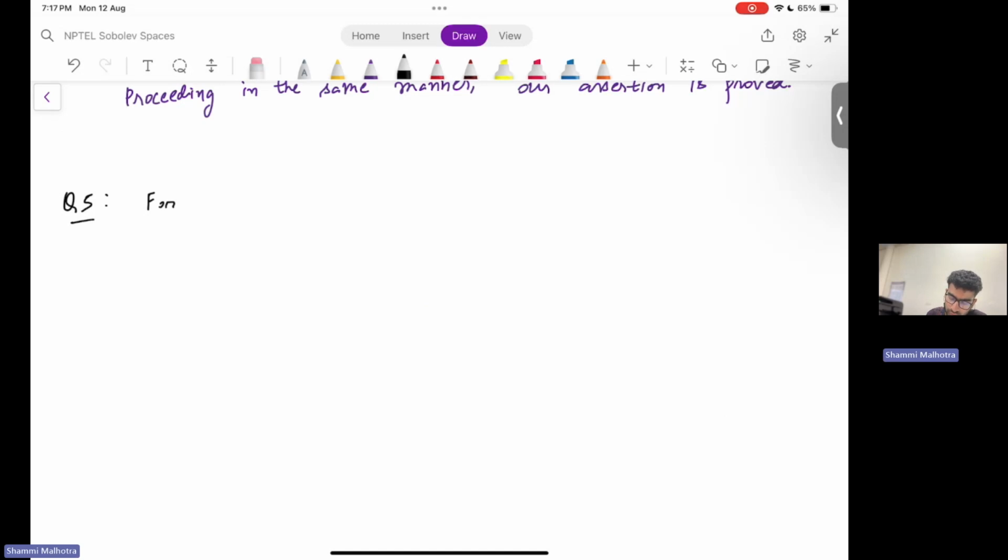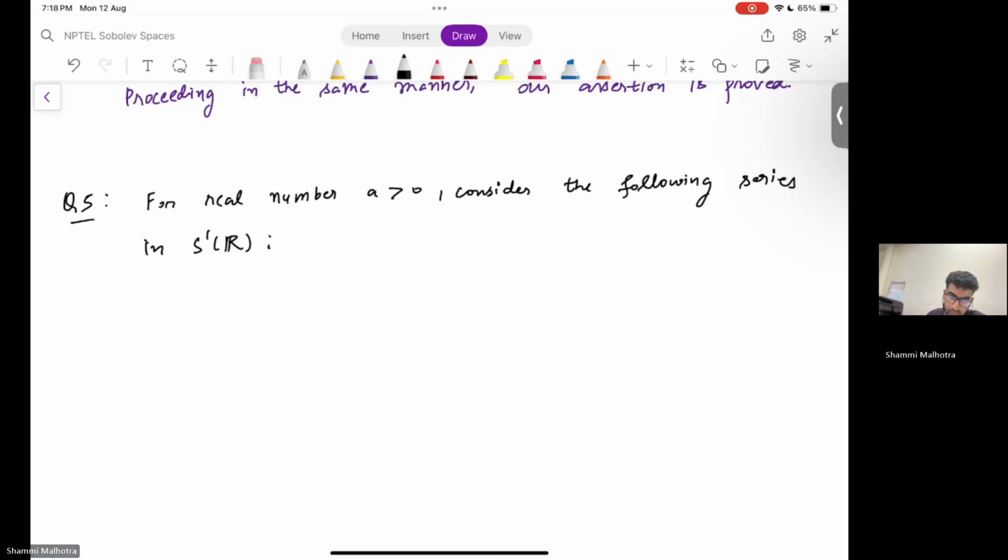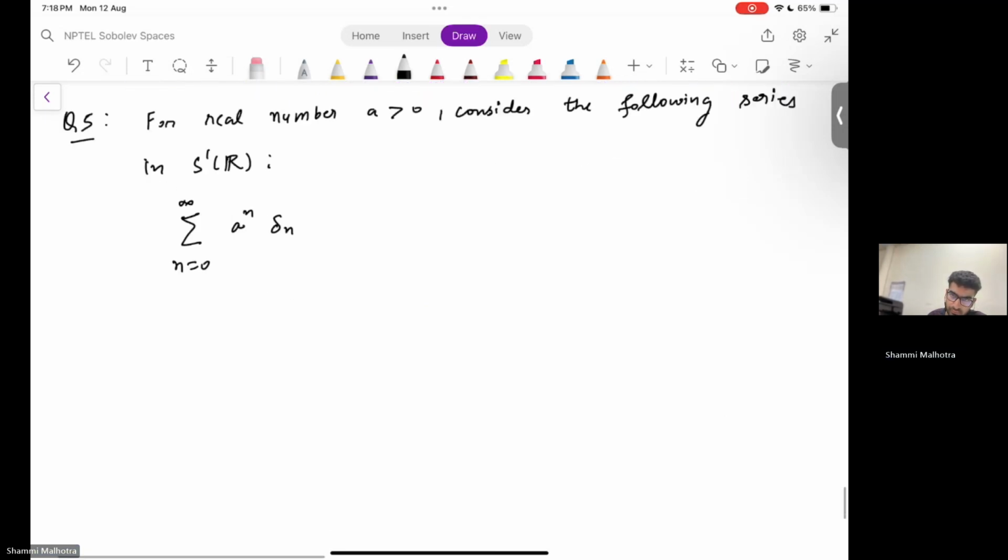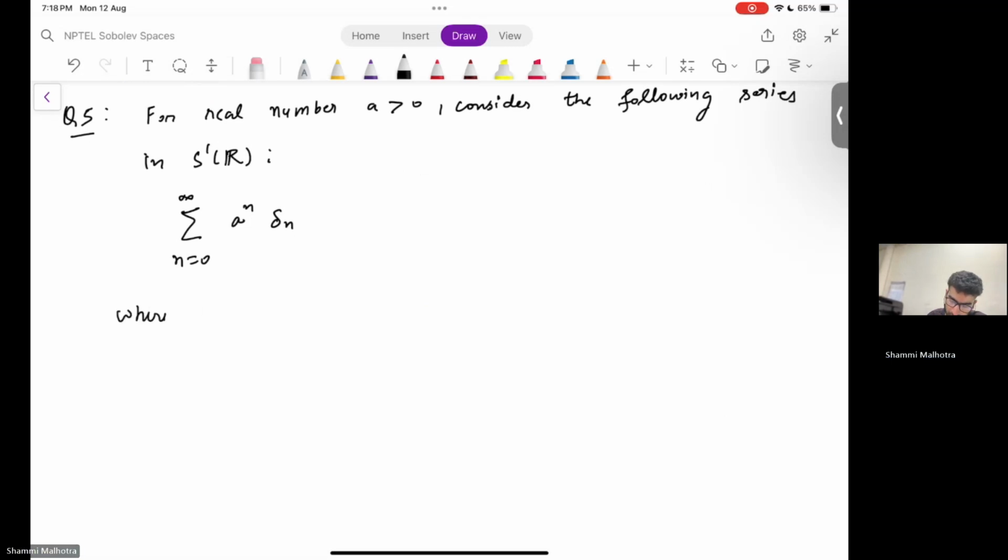So for a real number a, which is positive, consider the following series in S'(R), the tempered distributions: the summation n from 0 to infinity of a raised to the power n delta_n, where delta_n is the Dirac delta